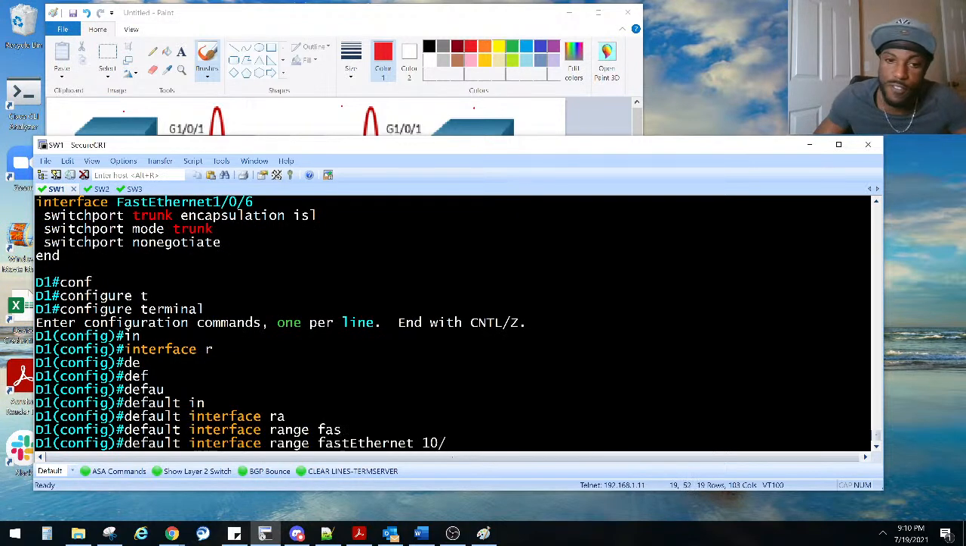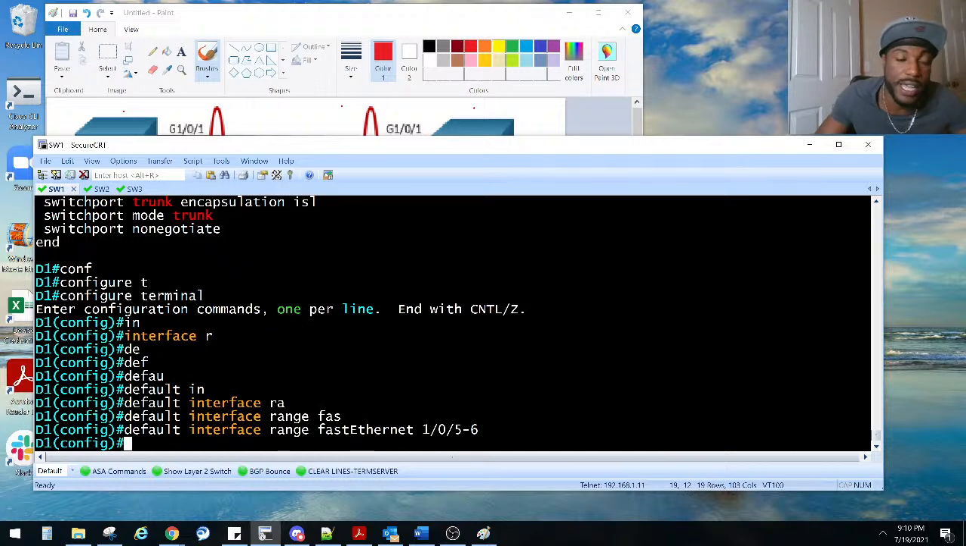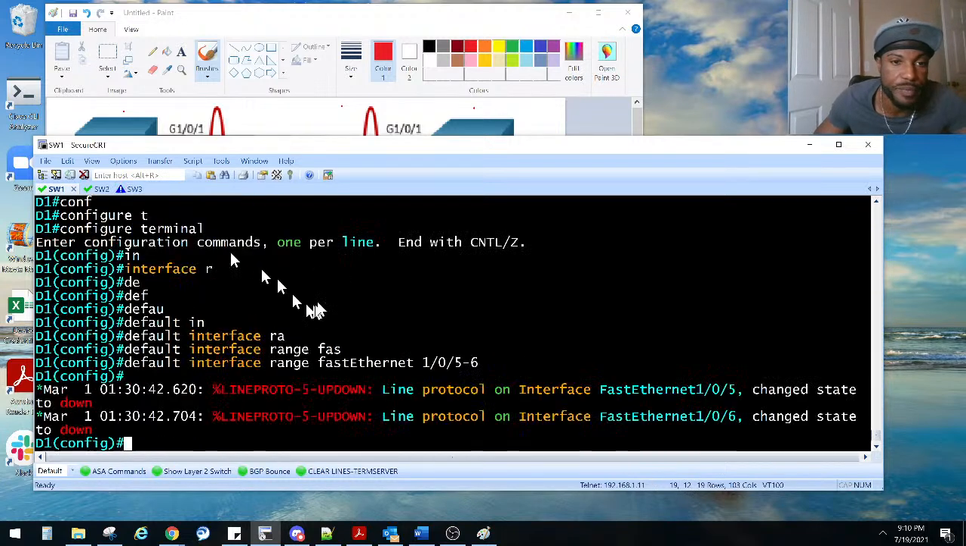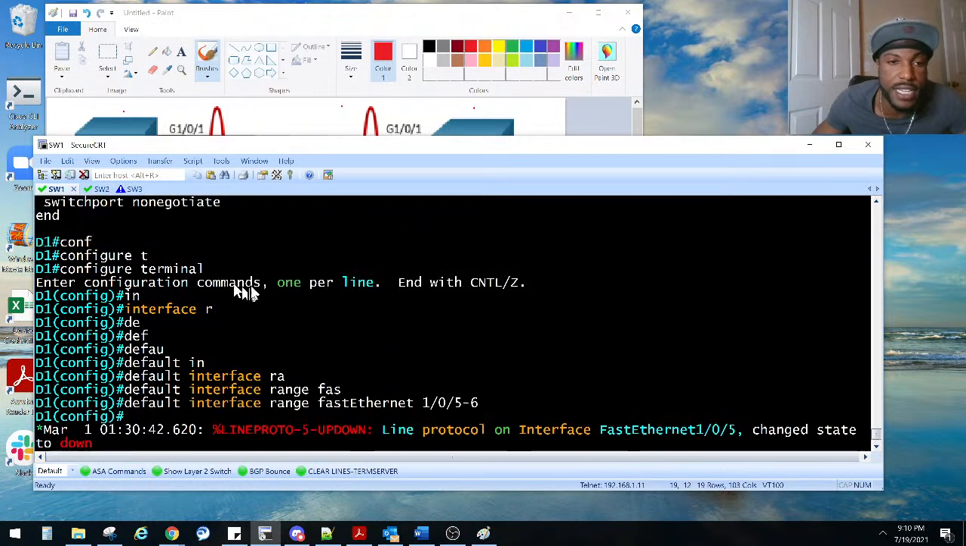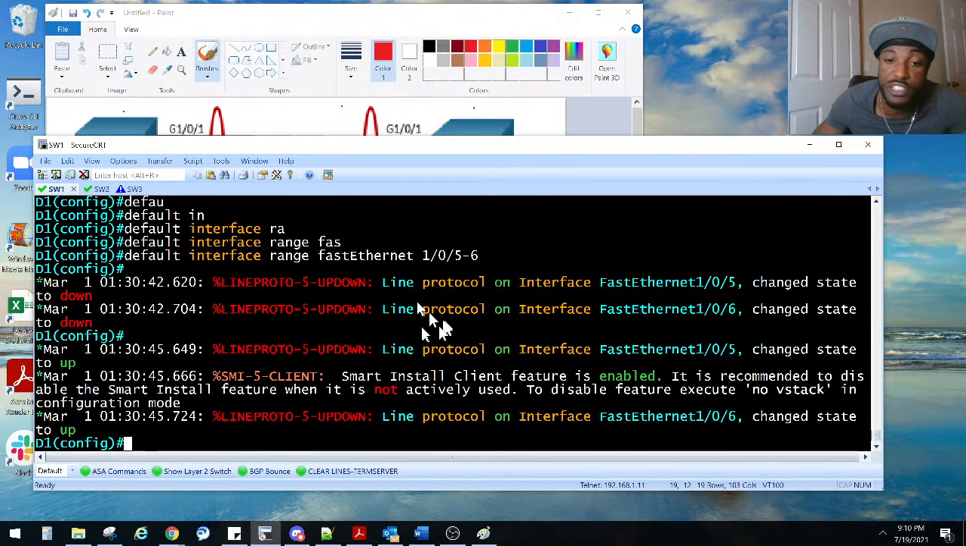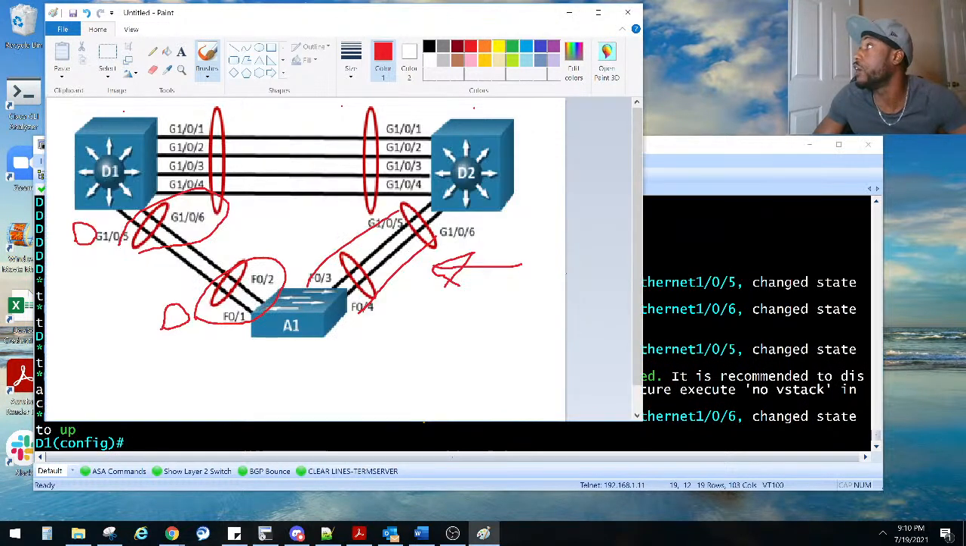FastEthernet 1/0/5 through 6. So now we're pretty much erasing all of that. And remember, just like what we did on D1, right? Let me make sure. Yeah, we did D1. Just like what Morningstar mentioned,